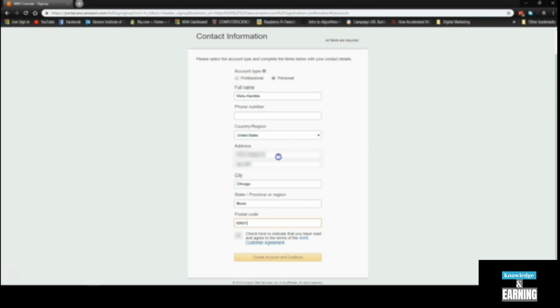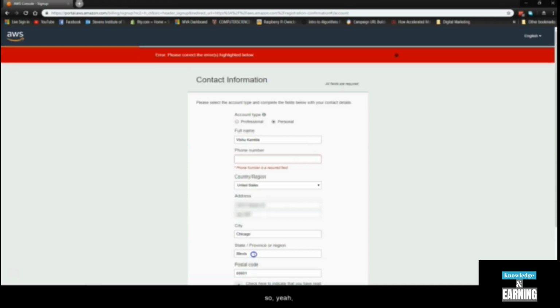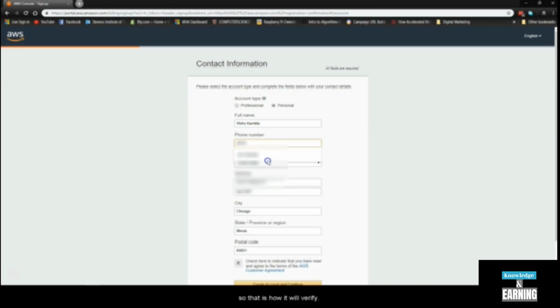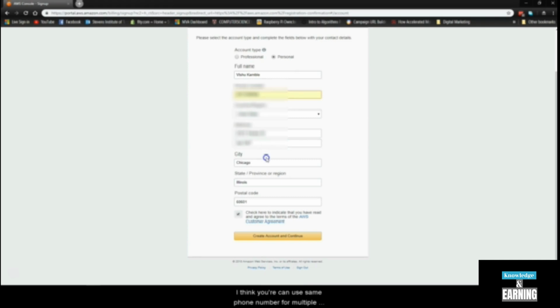and zip code. So Illinois. Click on this. I'm not sure if it would go forward without a phone number, but we can try this out. Okay, so yeah, you need to enter your phone number because that is how, let me just put it first. 1743. So that is how it will verify that you are not a bot, like you are an actual person. I think you can use the same phone number for multiple accounts, but this is my second phone number, so I'll